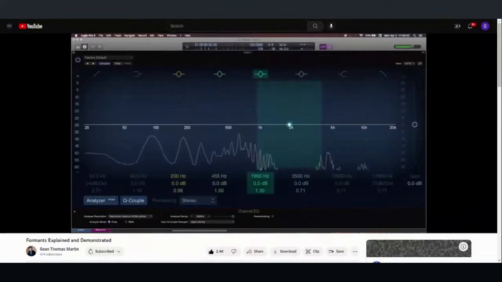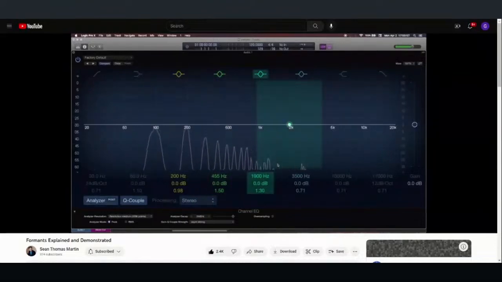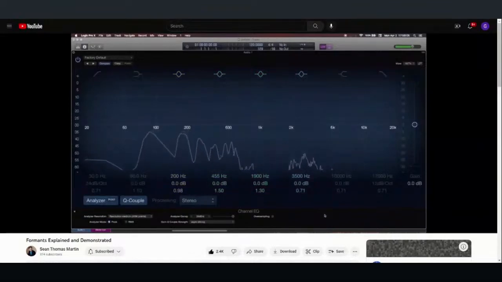And I can show you different vowel sounds with my own voice too. You see those 2 resonances are just moving around in the sound spectrum, and that's what's changing when you change vowel sounds. And basically, those are formants. That's what the concept of formants is.